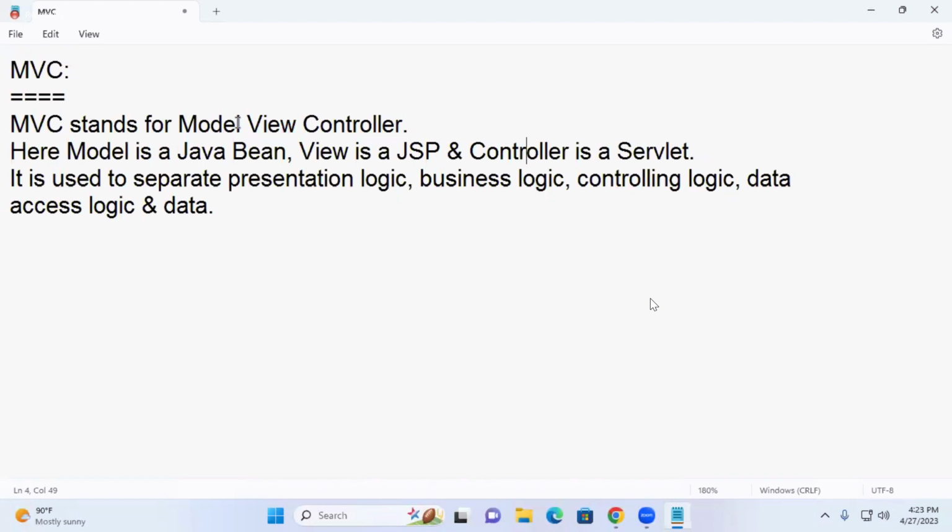MVC full form Model View Controller. Model is a Java bean. View is a JSP. Controller is a servlet. The purpose of this is that presentation logic, business logic, controlling logic, data access logic, and data can all be separated. By separating, what are the benefits? I'll explain. First of all, you observe